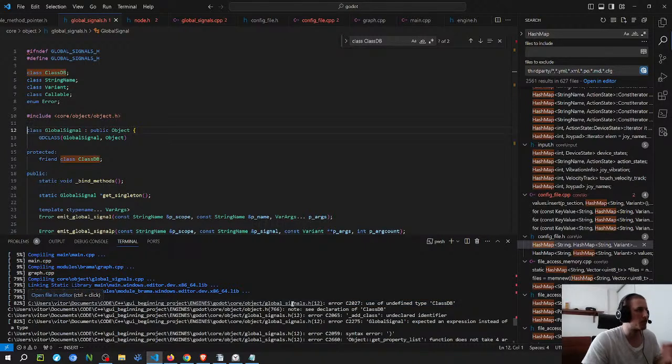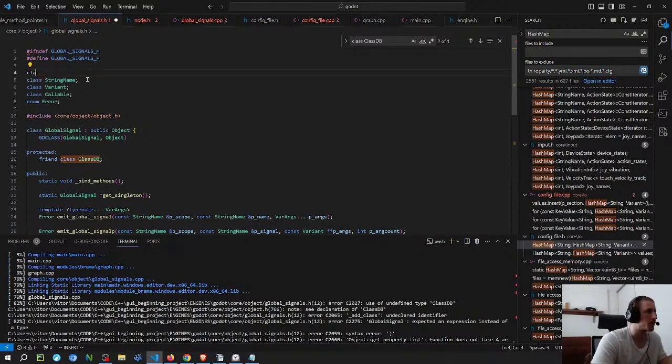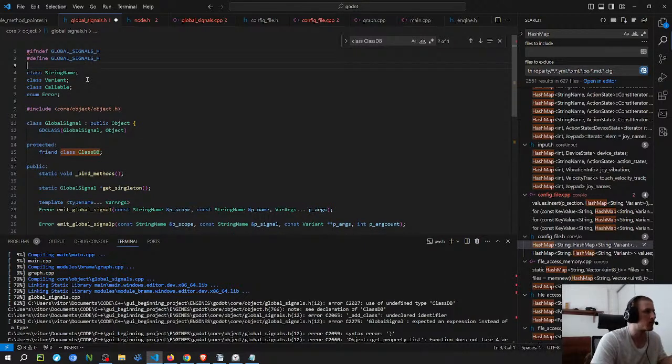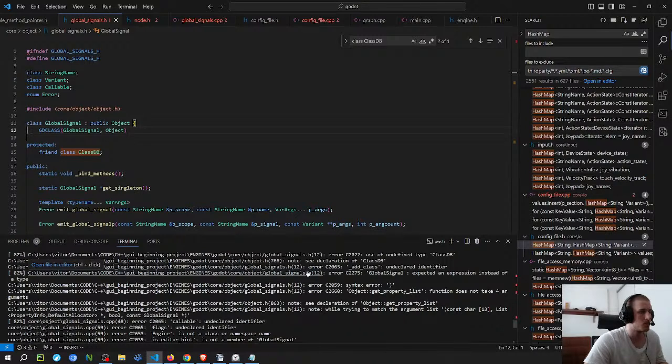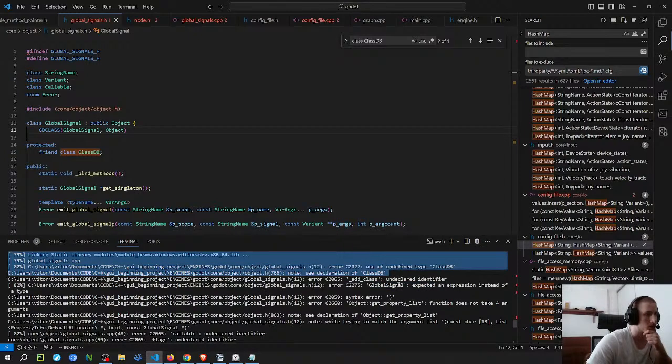So this is just use of undefined type, but that doesn't make a lot of sense. Maybe, but if I remove it from here, then I'm gonna have the error there. Because it should be coming from this. I think this error here is probably because of the other ones.